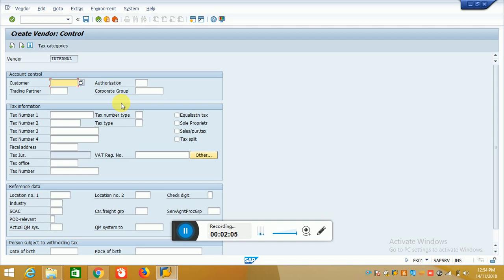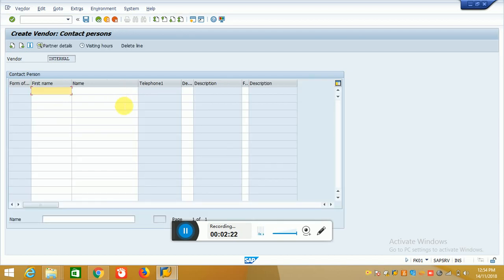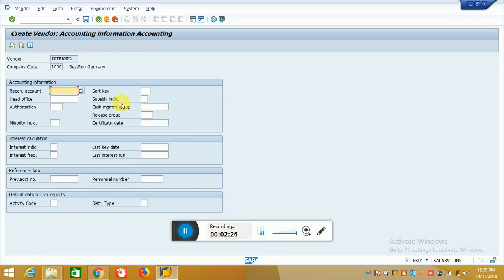This is the banking detail of the vendor. So if we have it, we can put it here. This is the communication detail of the vendor, contact person detail. Reconciliation account is a mandatory field. Now what a reconciliation account is must be understood. A reconciliation account is used whenever there is a sub ledger. As the vendor is a sub ledger of accounts payable, we link this with the accounts payable. So the reconciliation account is used for accounts payable. When we create a customer, then the reconciliation account is for accounts receivable.